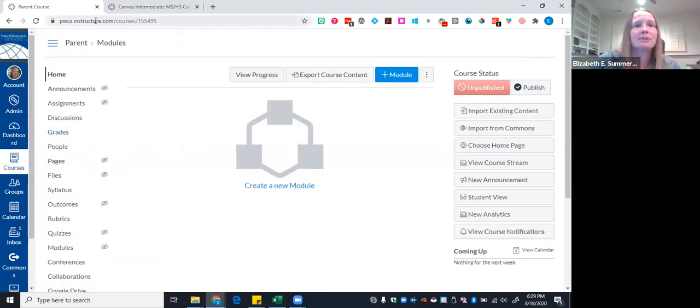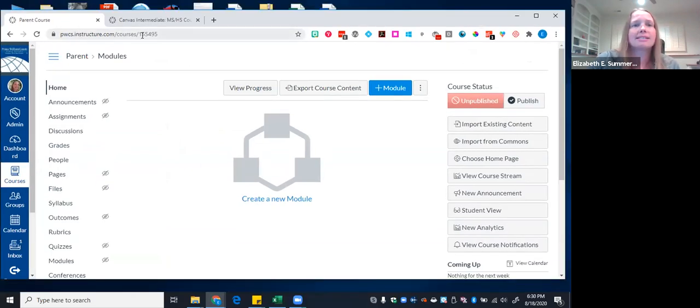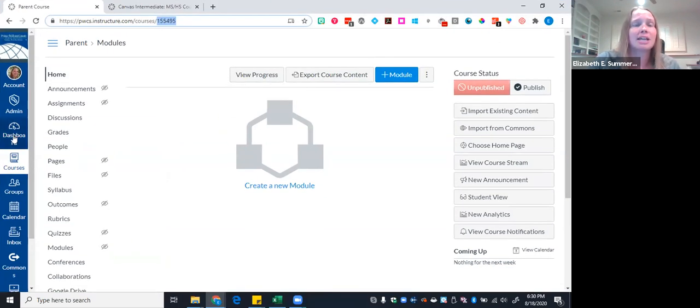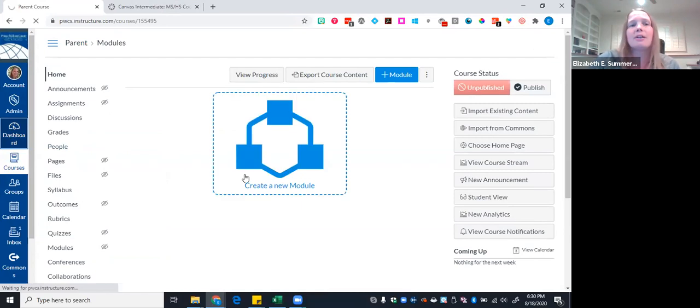Within your course, you'll see that you always have this link that ends with a 6-digit code. And that's going to be different for every course that you teach. So your first step is to open your parent course, whichever one you decide is your parent course. And then you're just going to copy that 6-digit code. From there, you'll go back to your dashboard. And you're going to go to any one of the